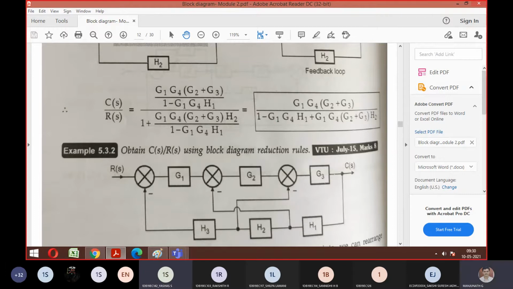You have 3 feedback paths. So you are telling that this is the one, and this is the second one, and this is the third one. Is it so? Yes, sir. Okay, fine. So now tell me everything. Now how to solve the problem? So this is your next level of problem.